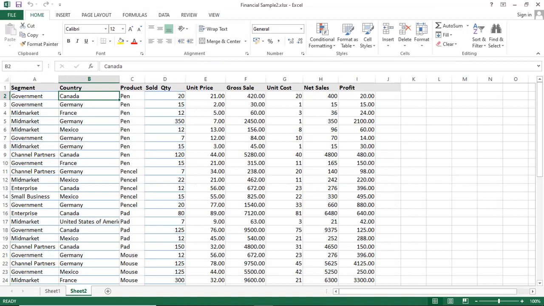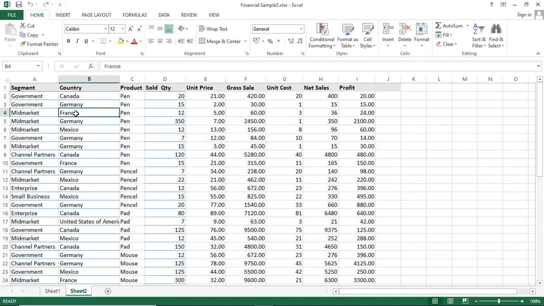Before we start creating the stack bar chart, we have some sales data. The data is in Excel format because we will be using it for creating the stack bar chart. First of all, we have the segment, which shows how many products and which products have been sold. Second is the country: Canada, Germany, France.